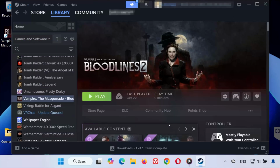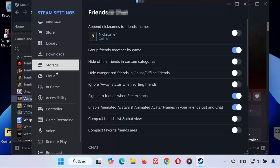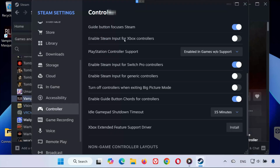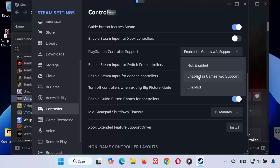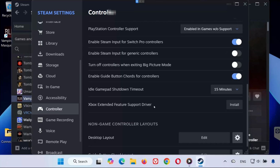Solution 2. Open Steam again. Click on the Steam button in the top left corner and select Settings. Go to the Controller section. Now make sure you only check what you actually use. If you use an Xbox controller, enable Xbox configuration support or disable it if it's already on and not working. For PlayStation controllers, look for PlayStation controller support and try switching between not enabled and enable in games without support. Do the same for Switch or generic controllers, depending on what you have. You can also install the Xbox Extended Feature Support driver if you're using an Xbox Gamepad and it's not detected